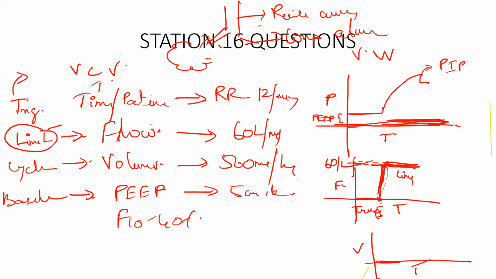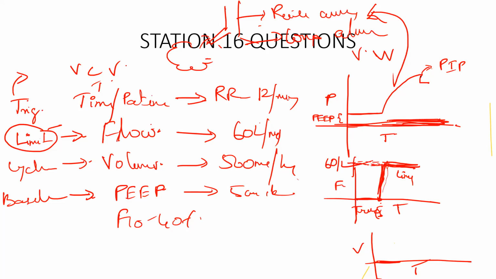Okay. So this peak inspiratory pressure waveform is nothing but the pressure needed to overcome the airway resistance. In order to overcome the airway resistance, you need a peak inspiratory pressure. Say, for example, if there is a bronchial obstruction or any obstructive lung disease, what happens to the peak inspiratory pressure? It will increase, okay? Because now the lung has to produce a huge pressure to overcome the airway resistance offered by the conducting airways. Okay, so that is peak inspiratory pressure.